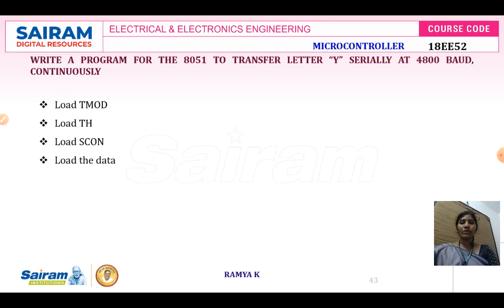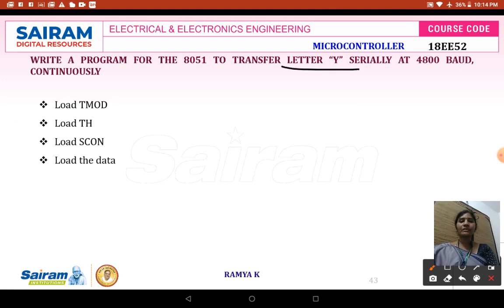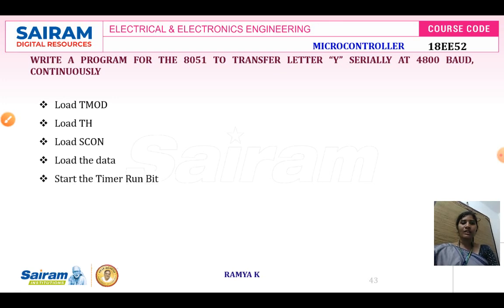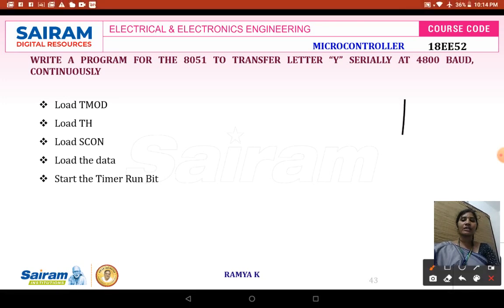Next, according to this program you need to load the data Y in your serial buffer register. Only then is it possible for us to transmit the data. And next you have to run your timer run bit. Once the timer run bit is started, it will start to check your TI flag. TI is the transmit interrupt flag, which tells whether the data is getting transmitted or not.